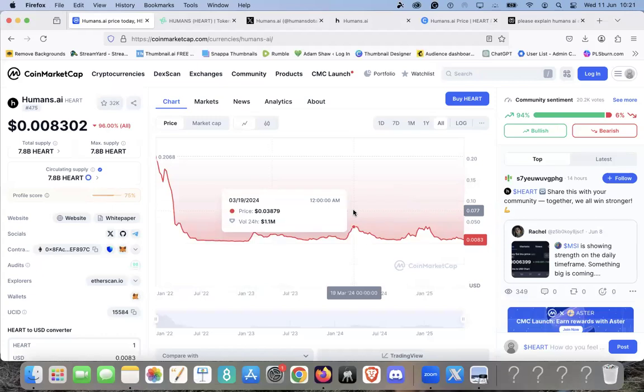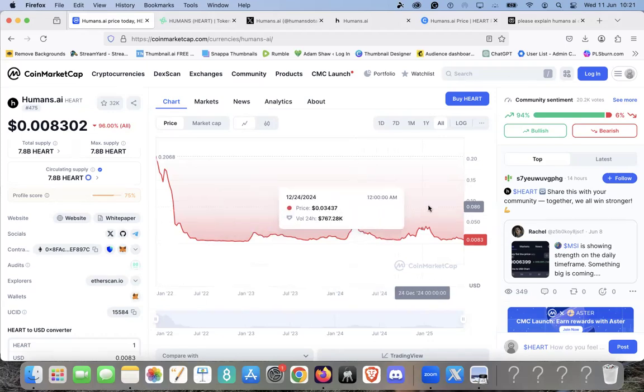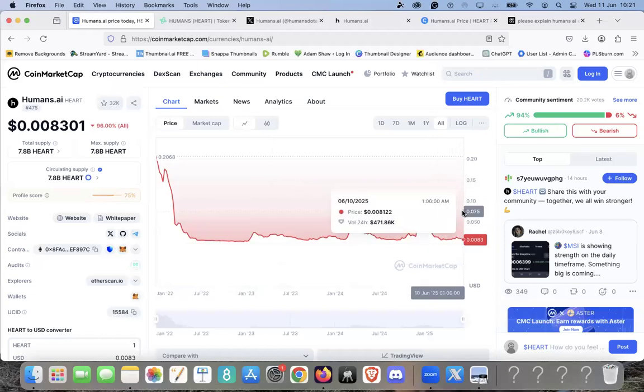I mean, it had a little bump here back in March 24 when it went to almost 4 cents, and back here as well in January this year, where it went to, again, almost 4 cents, not quite. And now it's very price suppressed. Now, if you follow this channel, I'm all about finding coins before they pump. Now, looking at this chart, this definitely looks like an area of support, and it doesn't appear that it's going to potentially go much lower than this. So as far as an entry point is concerned, that's a good sign.